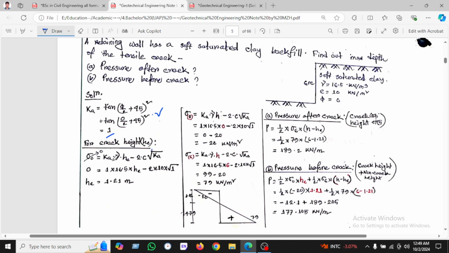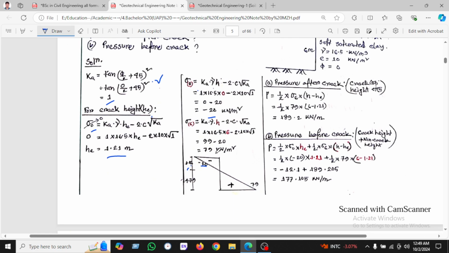For height, which is stress 0, then h equal to 1.21, and sigma naught equal to minus 40. So minus 40 will be 121 and minus 6 will be 79. 79 will be where